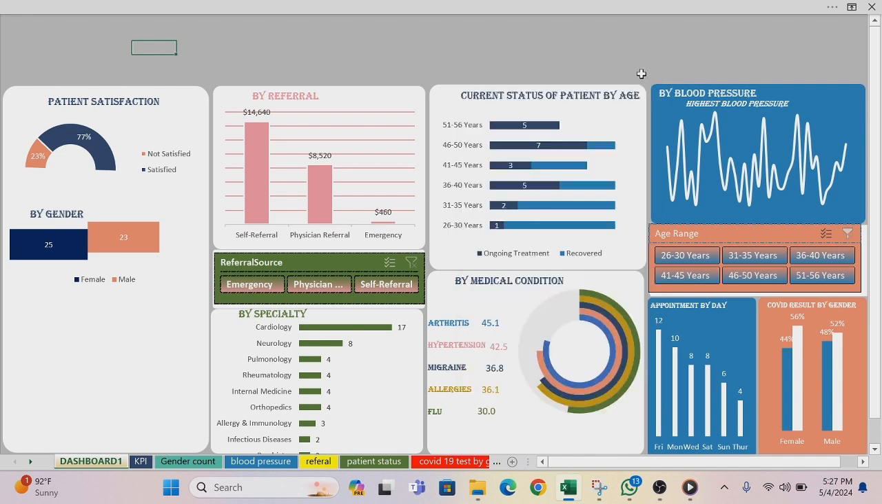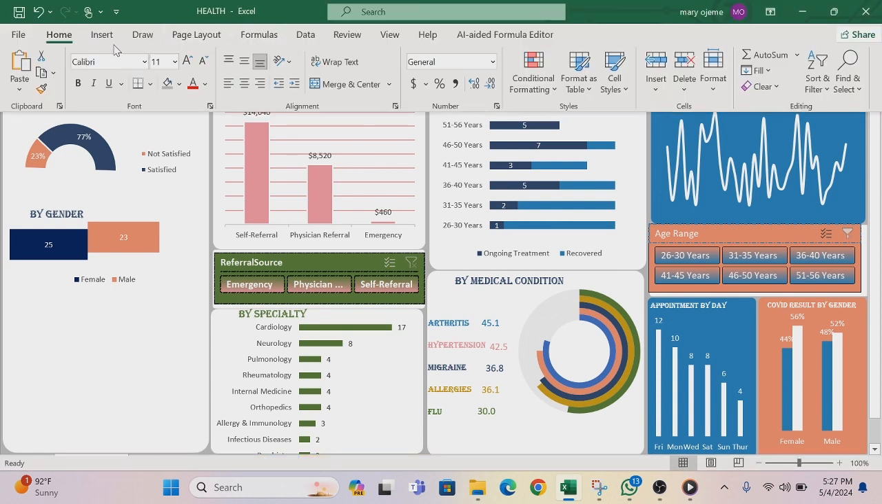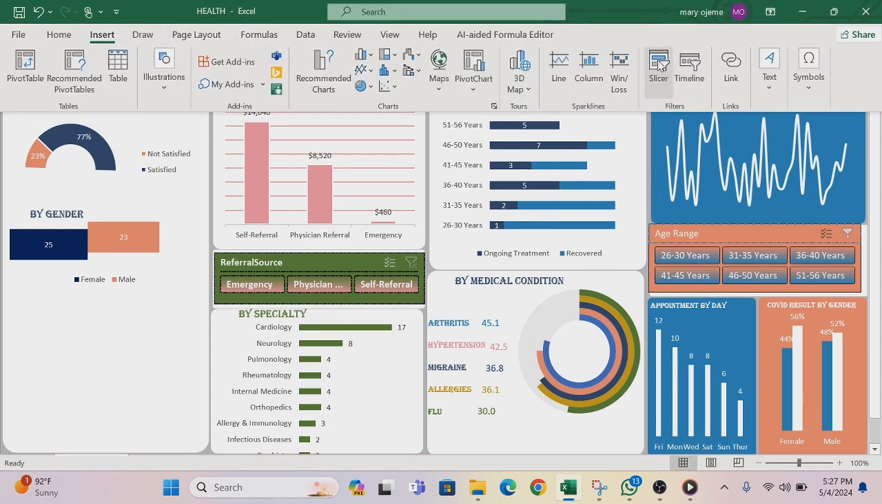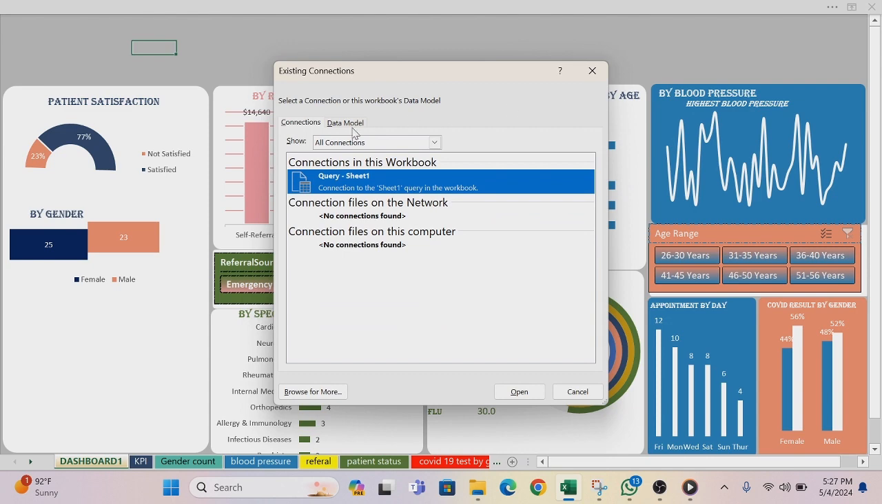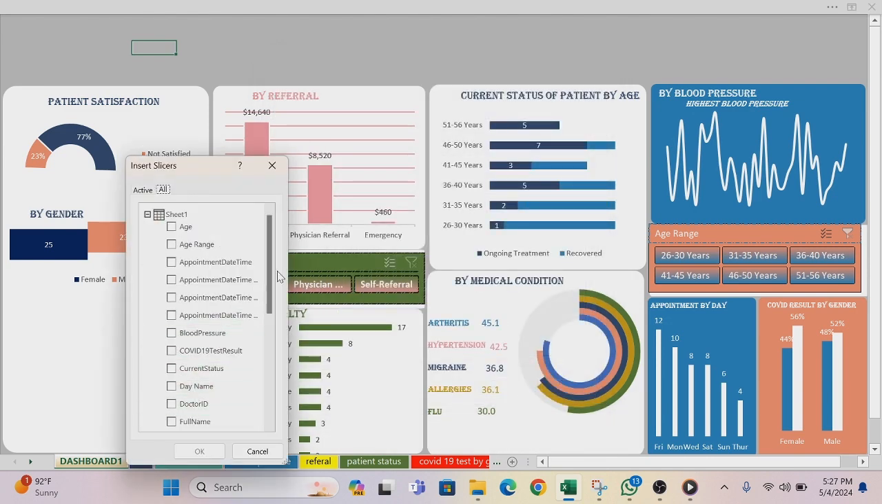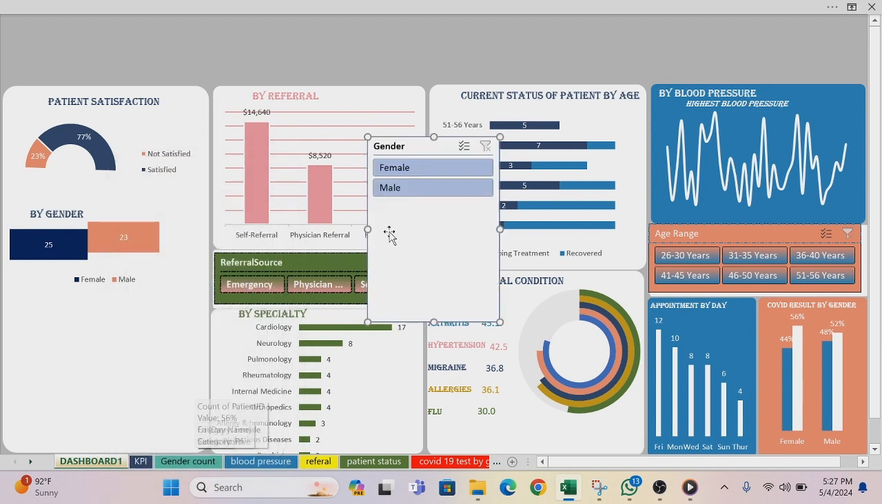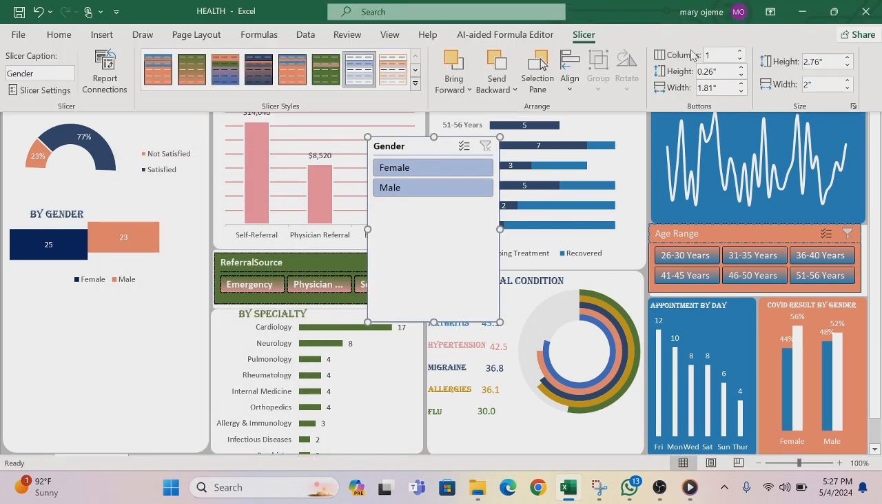Okay, next let's bring in our slicer. We're bringing in a slicer for gender. So insert slicer, data model, open, and we want to bring in a slicer for gender. Okay, so we want this to be in two columns, not one. Two. Okay,